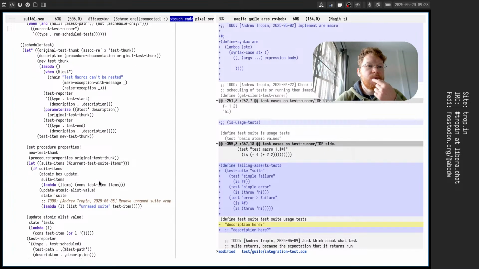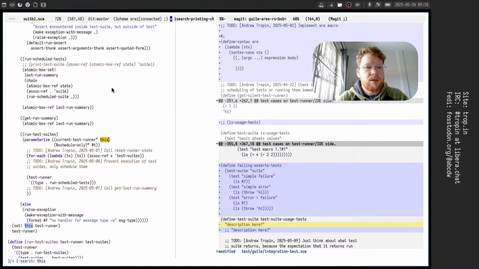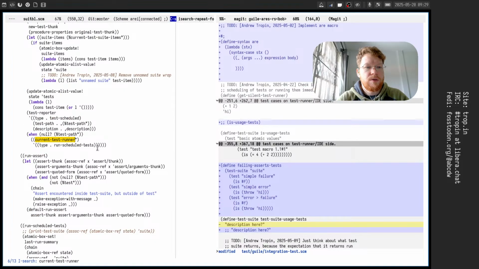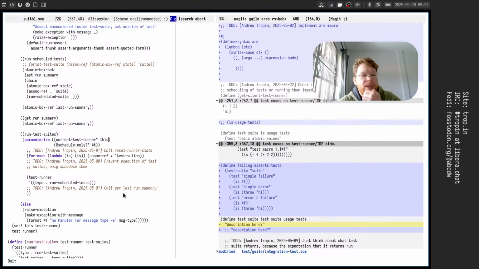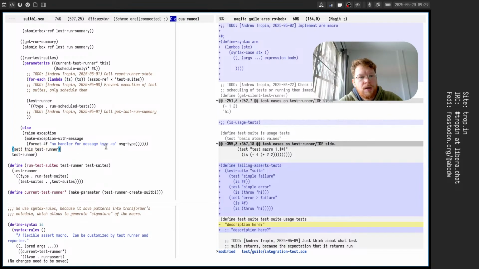Correct. So we already use it in one place, this, but I guess it's much more places in the test runner where we can update it. Yep, we can do it. Not necessary, but we can do it. And after the function is defined, we update the value of this variable to our test runner. So all the stuff here starts to work. Okay,